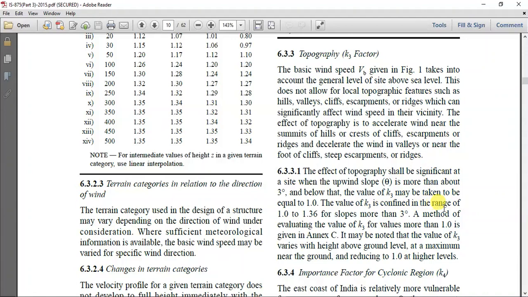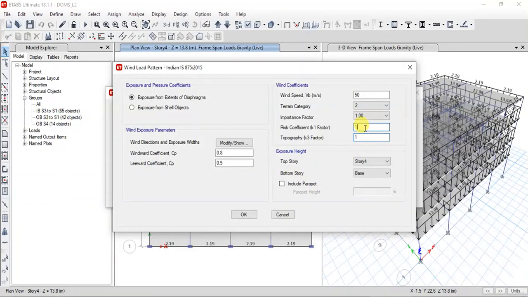The value of K3 ranges from 1 to 1.36 for slope more than 3 degree, which means if you have a building on sloping ground, there you need to check the topography, between 1 to 1.36. We are going to assume that we are constructing within this 3 degree limit, so we have considered the K3 value also as 1. So here the risk coefficient and topography value are 1.